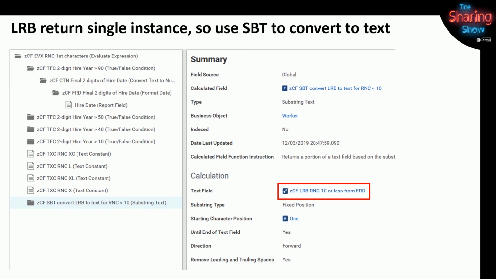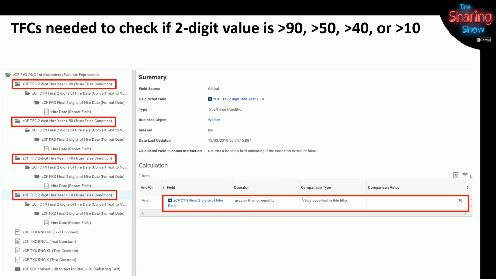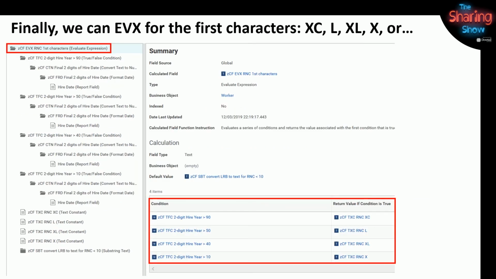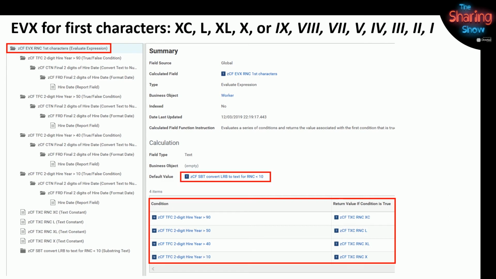So now, if the value was under 10, I use that approach. On the left, you see all these red squares. This is from the top down. First check to see if it's over 90, then over 50, then over 40, then over 10. Those are all needing true falses. I've got all these true falses, and with each one of these true falses, I did create text constants because I didn't know how to do the lookup range band for that. Oh my gosh, so this took a while. So now, if somebody's in 1980, I took out 50, subtracted 50 from the value.